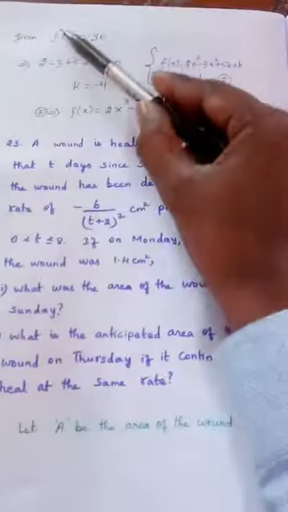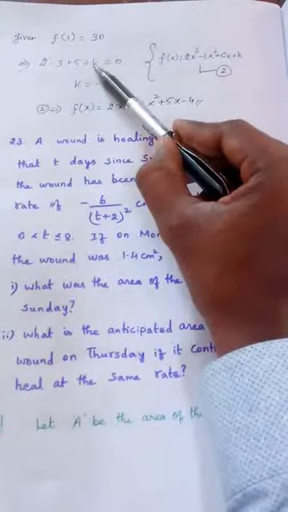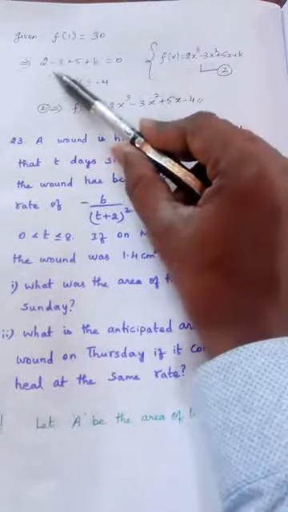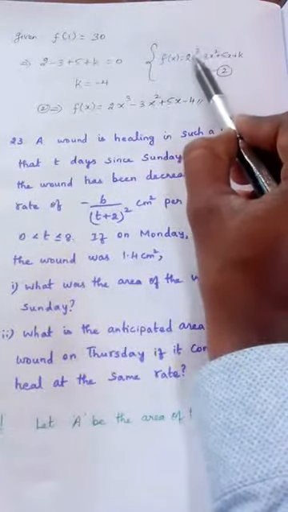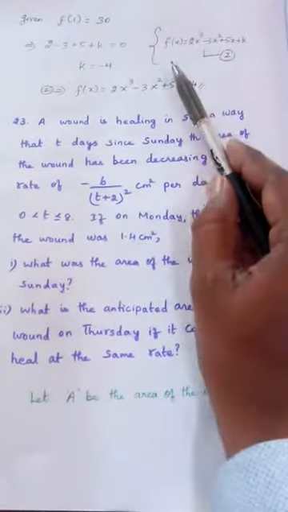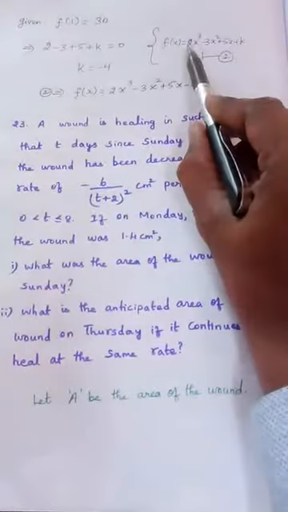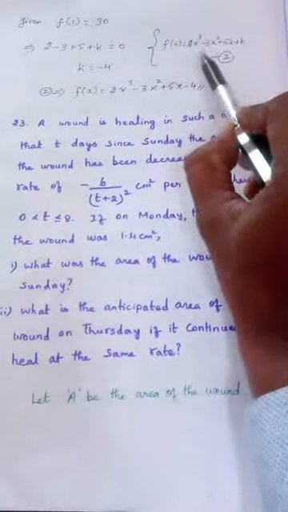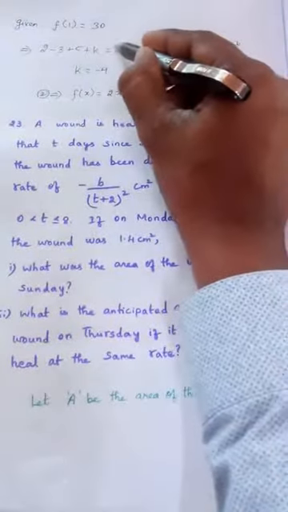Now see, this is the given condition, f of 1 is 30. So this is the f of 1 value. This is f of x actually, and in place of x you put 1. 1 means what happens? 2 into 1 cube, 2, minus 3 plus 5 plus k equal to, it is not 0, this is 30, right?